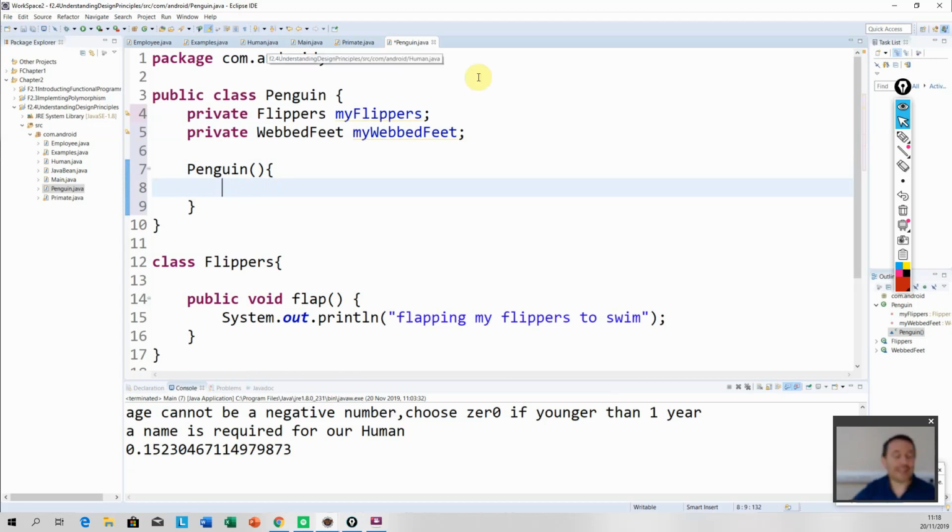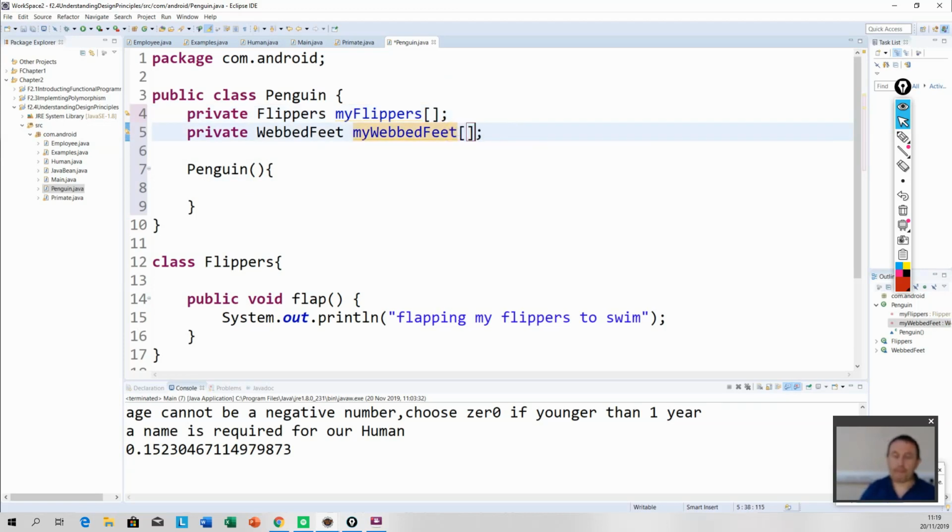So, ideally, we would have to have that guy. Okay? Because it's got two of them. Alright? So, a penguin has two flippers. A penguin has two webbed feet. Now, do we really need to do this? We don't have to, I'm just showing you. We can. Okay? That's two webbed feet. So, we go